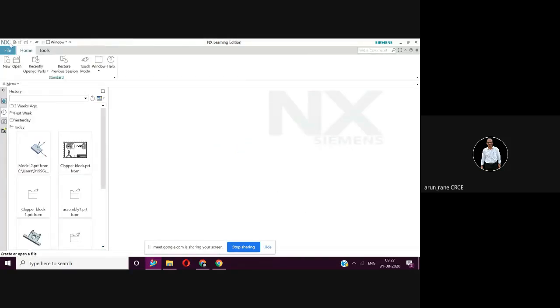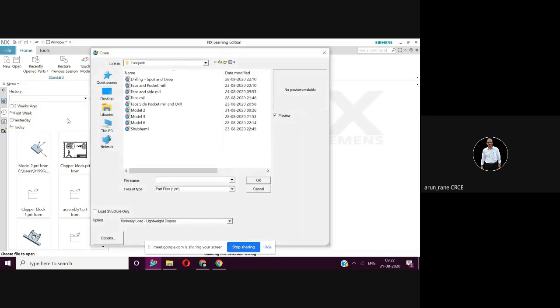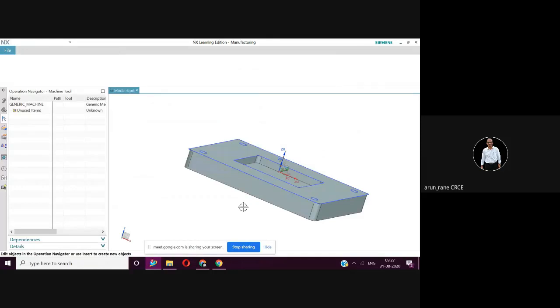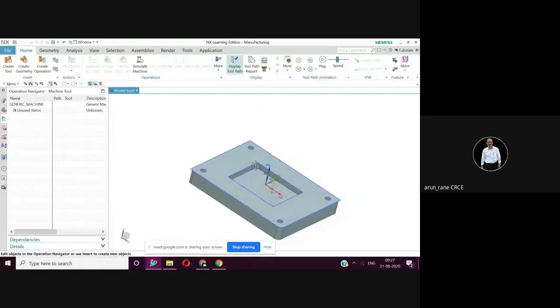Now we'll see pocket milling. File, open. I'll go for this model. I already made the blanks because you are very well conversant with modeling, which has been done in the second year, that is semester 3. Say okay. So I have a pocket here.